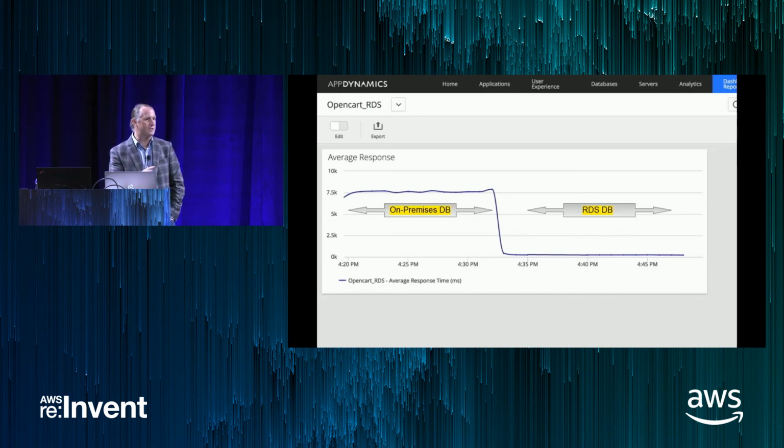Now, are there other ways to do this? Yeah, some of your database vendors actually have this capability built into them. A lot of them have APIs. We're just showing one way of what's possible to solve the problem of, I just can't pick everything up and move it. All right.